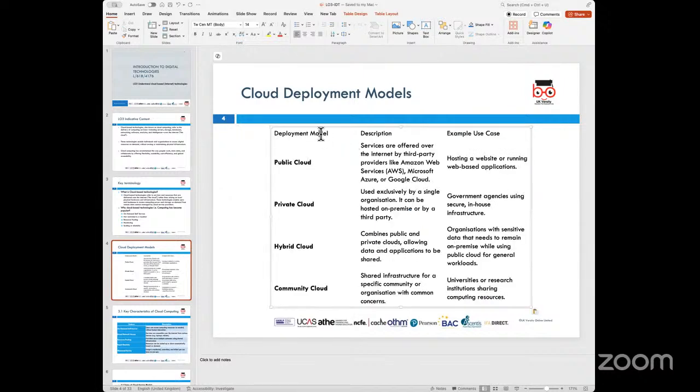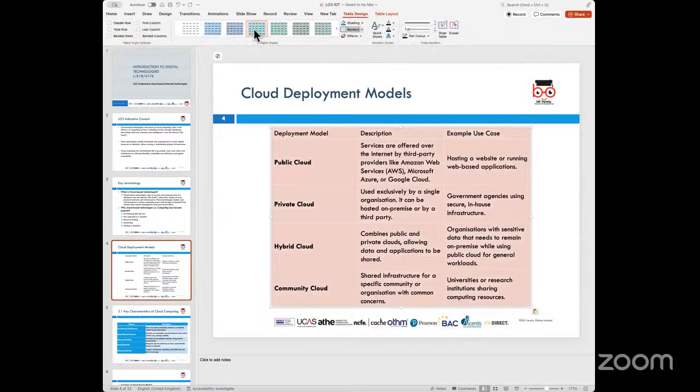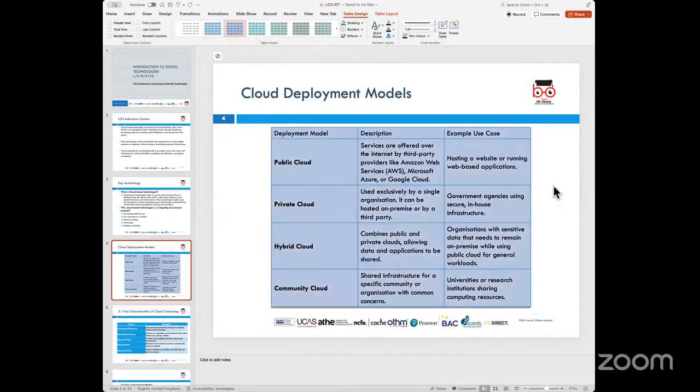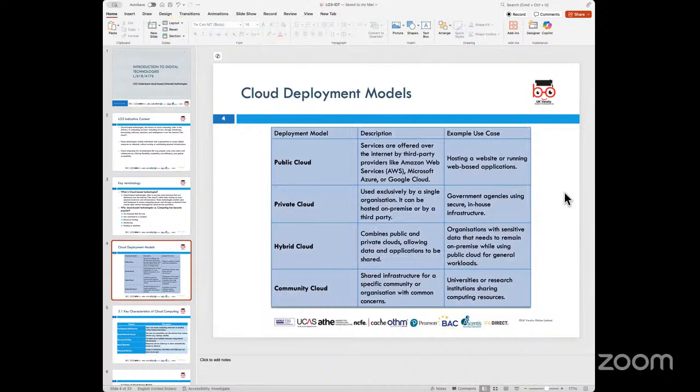So when we do talk about the different types of models that are now available from a point of view of looking at cloud computing, there is something called public cloud. Now, public cloud is services which are offered over the internet but use third party providers. So when we hear about Amazon Web Services, Google, or Microsoft Azure, these are basically third party cloud services which are enterprise solutions, and companies like these provide these solutions to customers which are paying for their